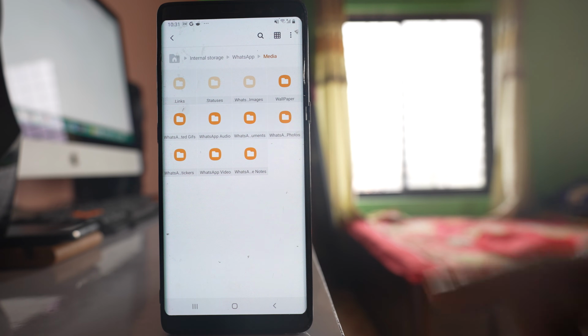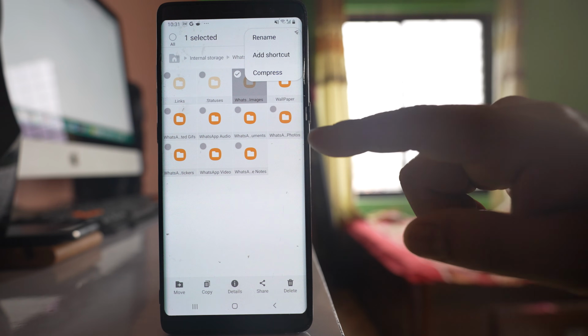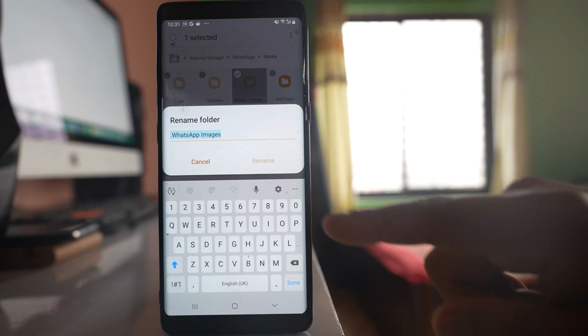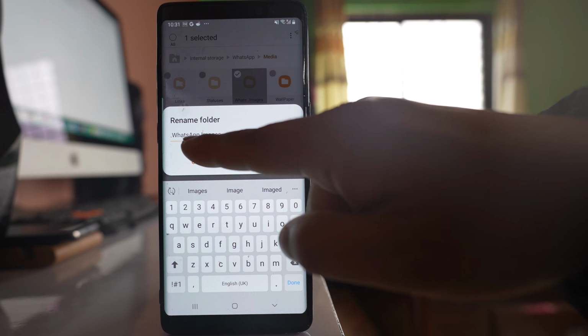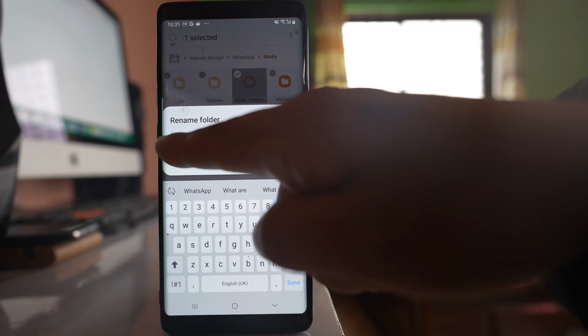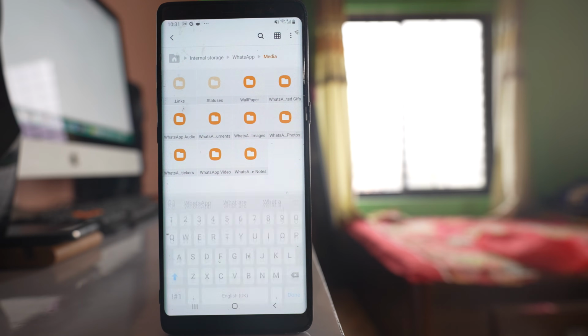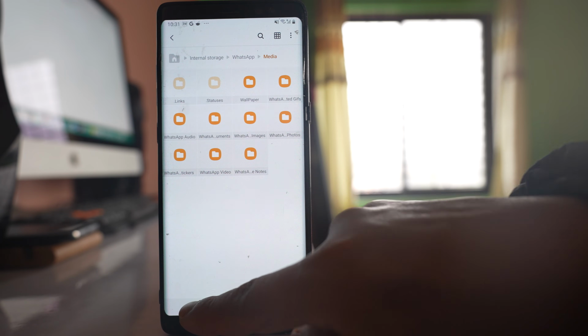So what you will do, you will tap and hold to select the folder, tap on these three dotted icons here, select rename, and then you will go at the beginning and then you will delete the full stop sign which is there at the beginning and then rename. So once you do it, close this one,